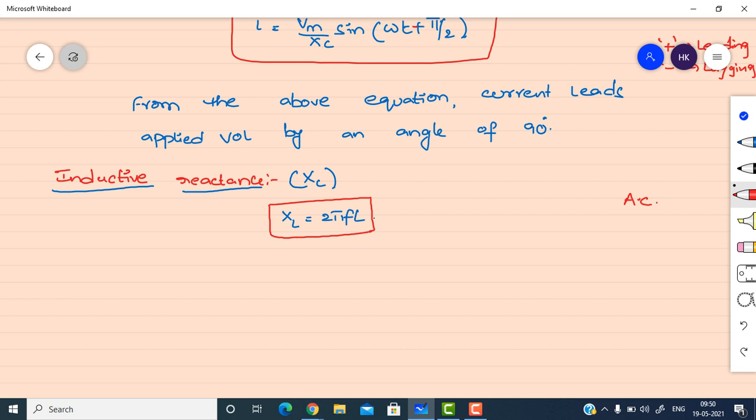So this is the property of the inductor. It doesn't allow sudden changes in current. But in case of alternating current, there are sudden changes in the current. Suddenly the current is increasing, decreasing, becomes zero. So these sudden changes, the inductor will not allow. So inductive reactance is a property of an inductor which opposes the flow of alternating current, or it opposes the sudden changes in current.